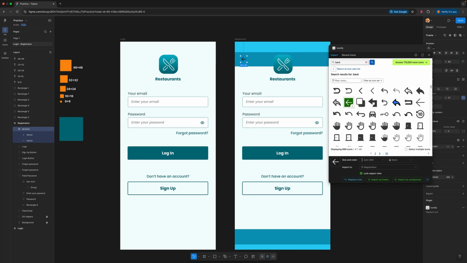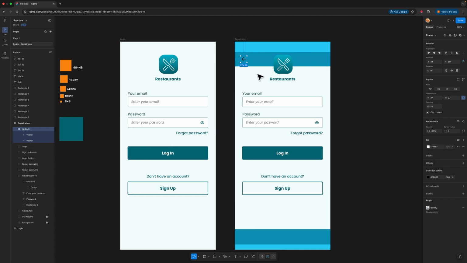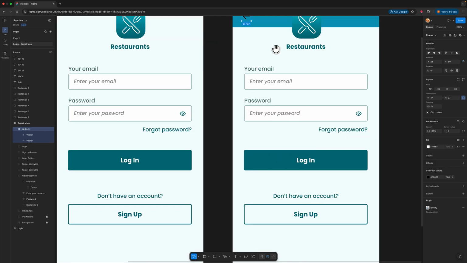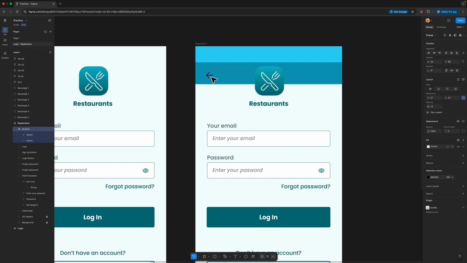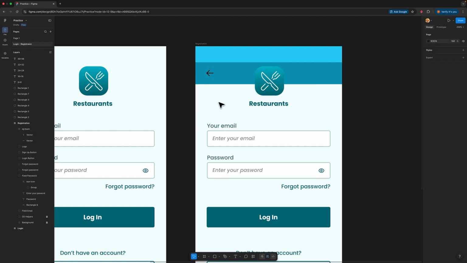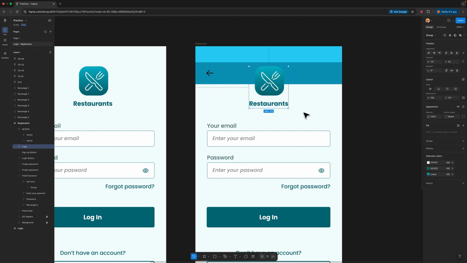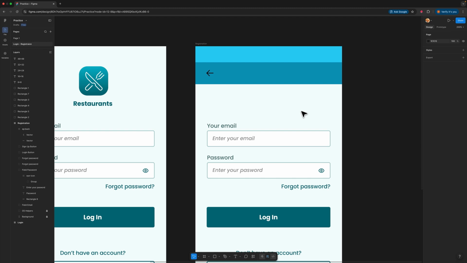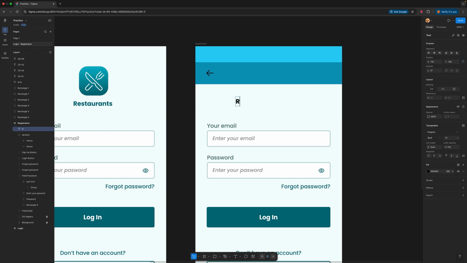I'll close this Iconify menu and then I'll just zoom in and I'll just align it to middle alignment to this square, and then I will click on this logo and I will hit delete, and then I will click on the text tool and I will type registration